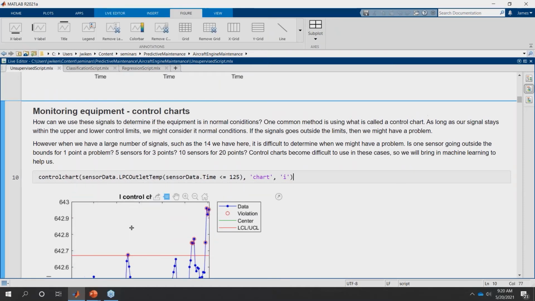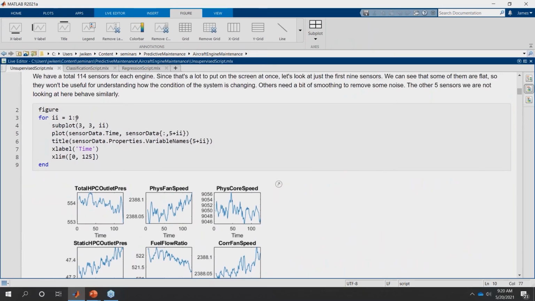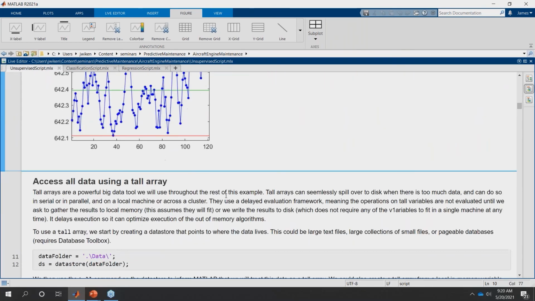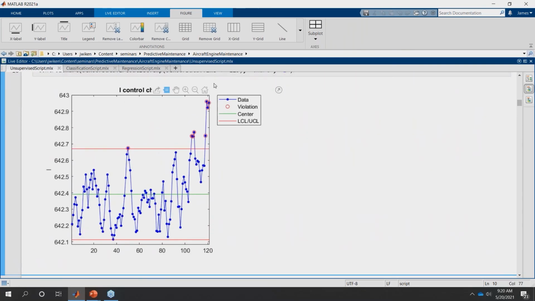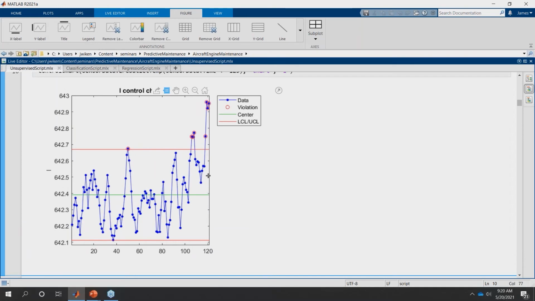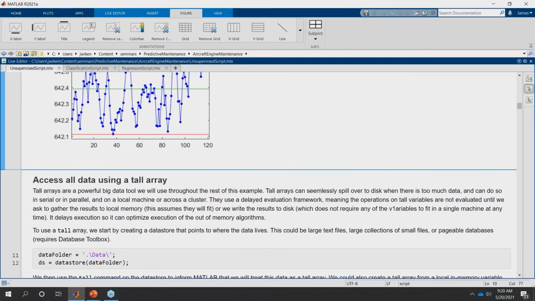We have 17 sensors that we could use, and so this is really limiting the amount of data that we're using for this sort of analysis. So keep this in mind because we'll build on this, but we're going to need to change our techniques so that we can take advantage of the full breadth of data we have available to us.